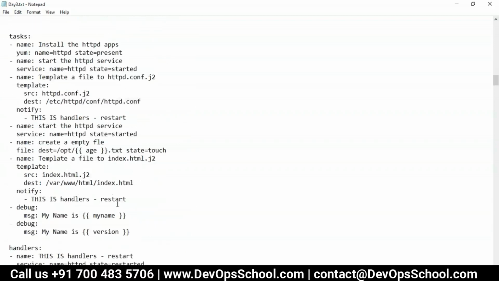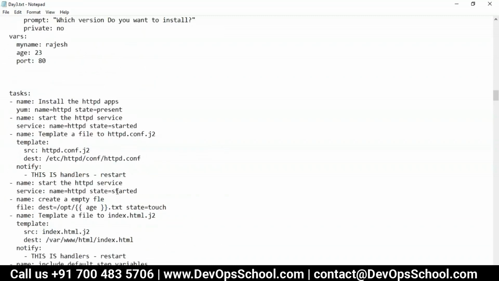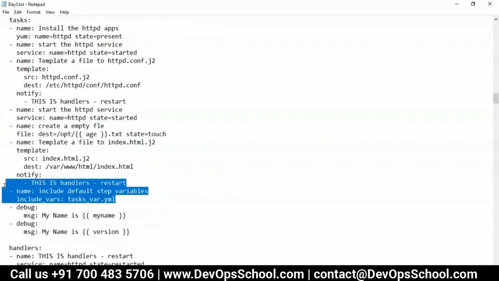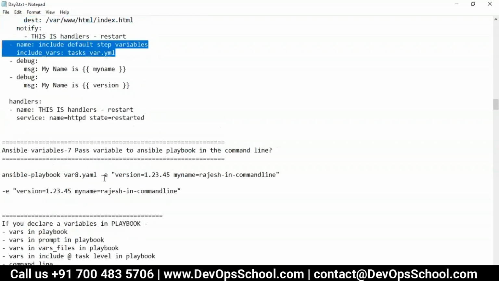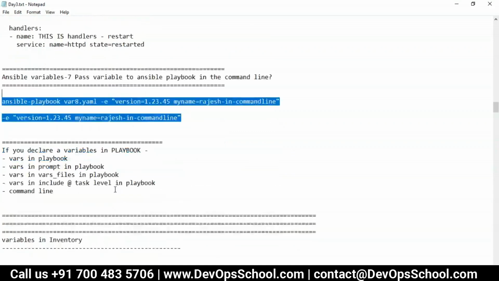I cannot locate that example here. Is it here? No. Somewhere here. So we can include variables at a task level also. Then we discussed how to declare a variable through the command line. We also discussed the precedence and things like that.